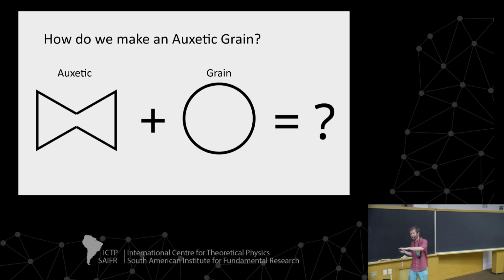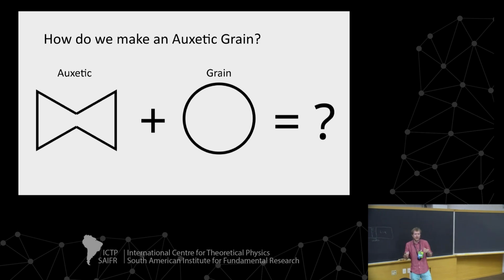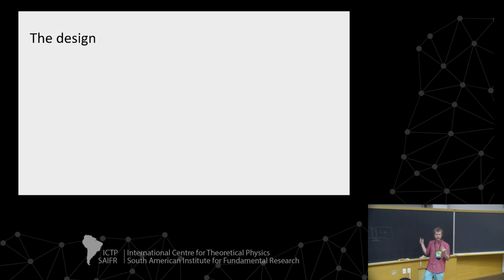So what we're here for, how do we make an auxetic grain? Why we want to make them, of course, is just for fun, mainly. We want to know what will happen if we make an auxetic grain and how they will behave collectively, what will happen with a packing of auxetic grains. But how we make one of them was quite a challenging question at the start, but we solved it firstly